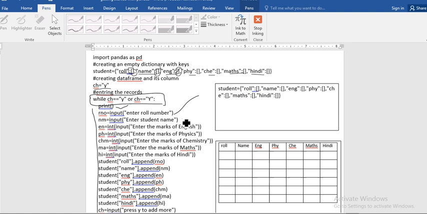Suppose you enter 1 here, and the next statement is nm equal to input, enter student name, and so on. Enter the marks of English, physics, chemistry, maths and Hindi.